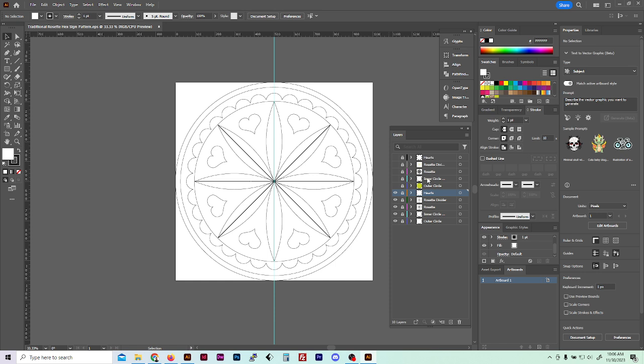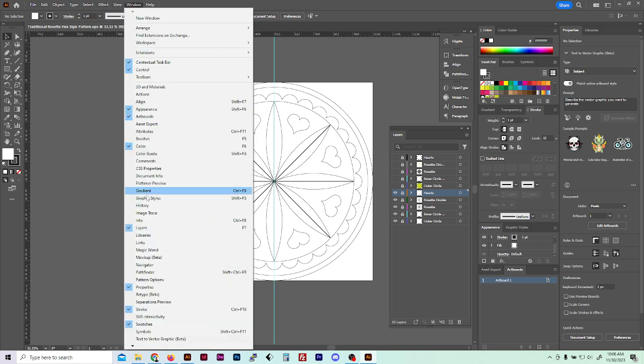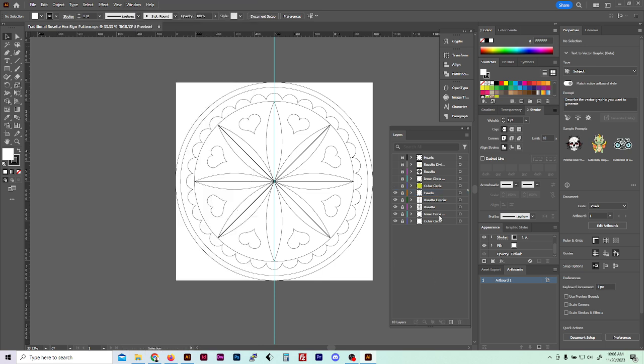When it opens in Illustrator, there are a whole bunch of layers. You want to take a look at your Layers tab. If that's not open, you can go into Window and then Layers. Make sure that that has a checkbox next to it, which brings up this box here for the layers. So what I did here was I locked all of the layers for you initially. I have them broken down into different